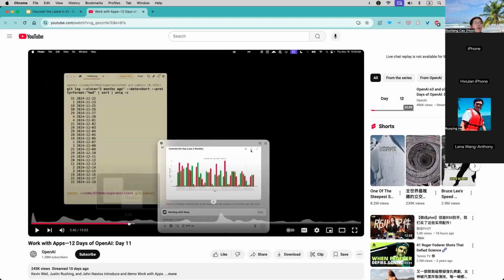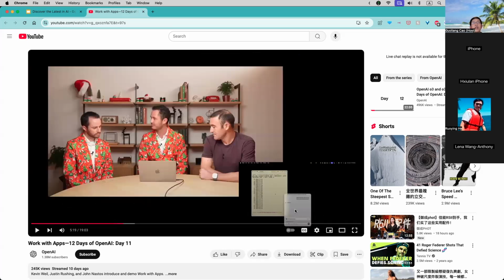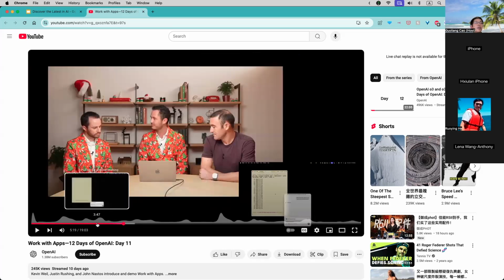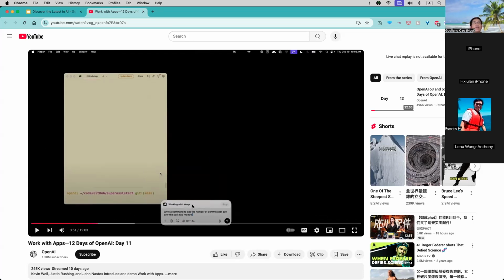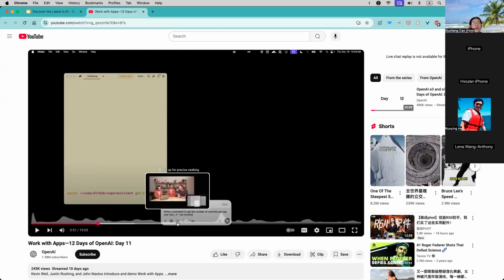Yeah, so what they did here, they just demoed that you can use this ChatGPT desktop app, and there is this button that you can use to see a few apps, like for example Xcode, if you develop an iPhone app. It also supports, I believe, some other IDEs. VS Code is probably one of them, and then it will be able to see your code in the IDE and tell you what to do, etc. It still does not directly modify your file system, so you will still have to copy and paste, I think.